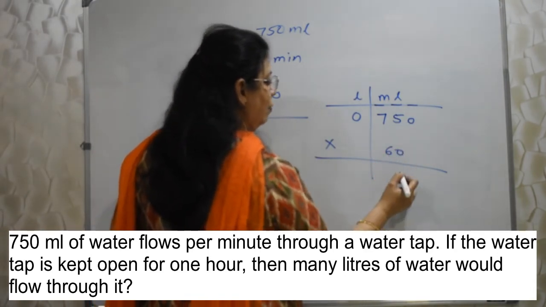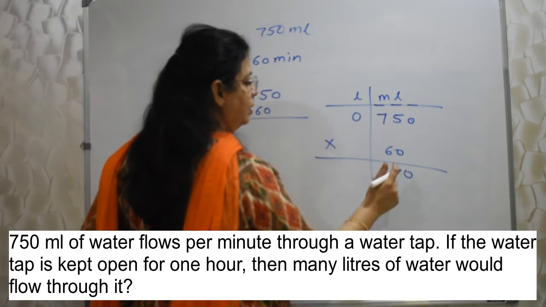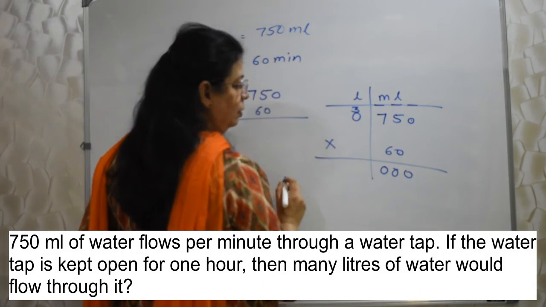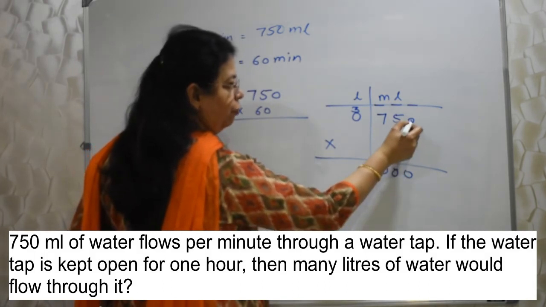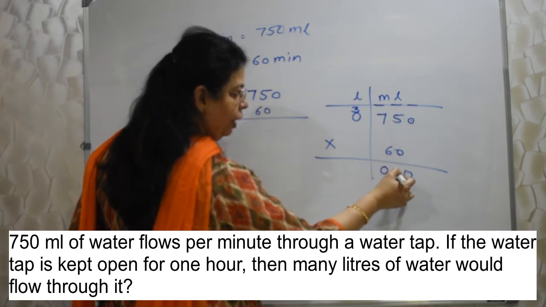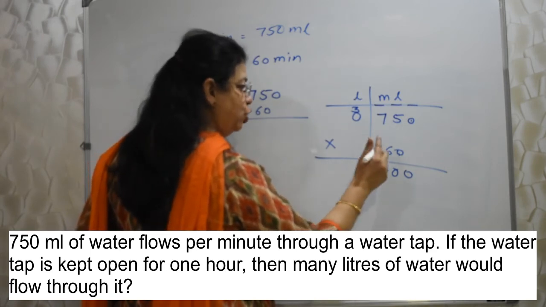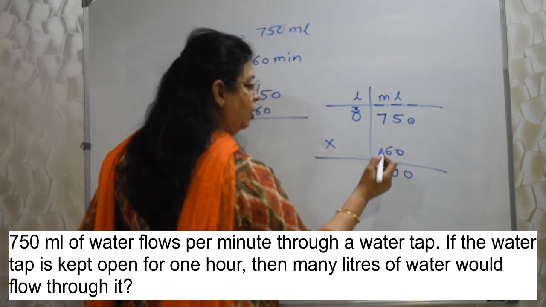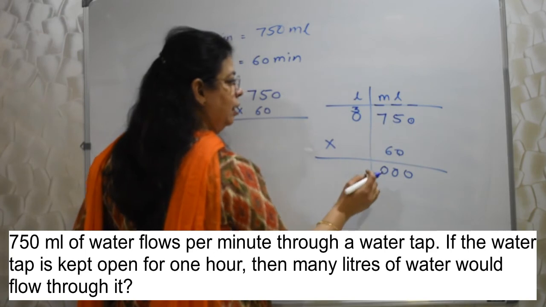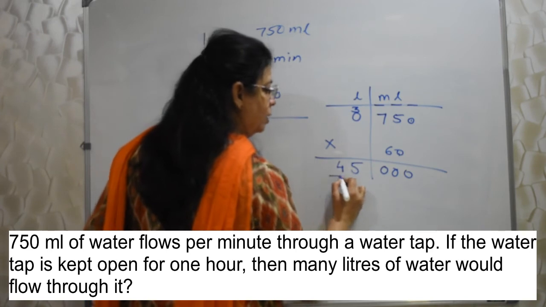2 zeros I will give like this. This 1 0 and this 1 0. Now I am multiplying with 6. 6 5s are 30. 3 will go here. See, 2 zeros, 1 from 60, 1 from this 750. I have given 1 below this 0 and 1 below this 5. So 2 places are gone. Now only 1 place is remaining, which will fill up with the actual multiplication of digits. 6 5s are 30. So 0 has come here, 3 has gone in this area. 6 7s are 42 plus 3, 45. So your answer is ready.